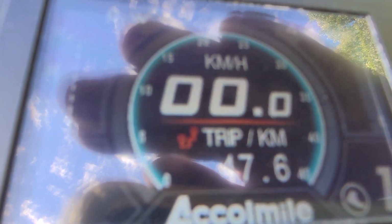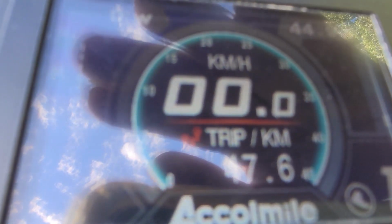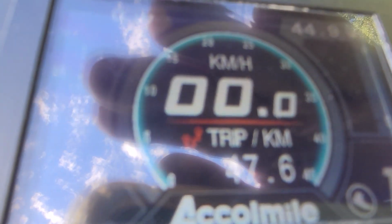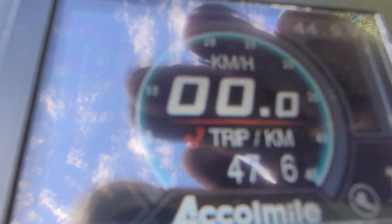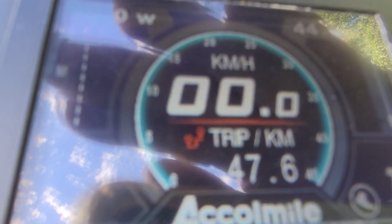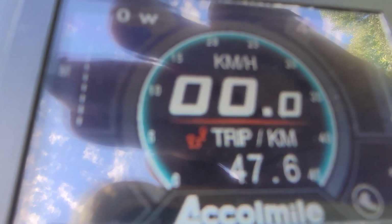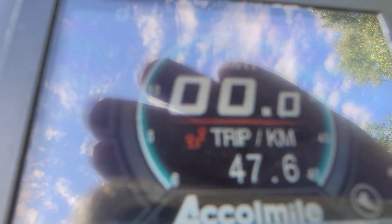I'll probably do a separate video for charging it. I'll charge the battery after the bike sits for half an hour to cool down, and then I'll calculate how many watt hours goes into it, or amp, and then calculate the amp hours. So we'll figure out the actual usable capacity of this battery with a Bafang 52 volt motor. Even though it says 48 volt on the bottom of this motor, it's got the 52 volt controller, I believe. It had the 52 volt settings in this display,